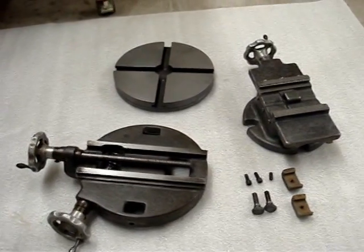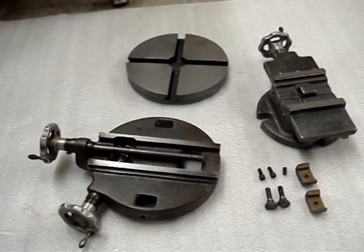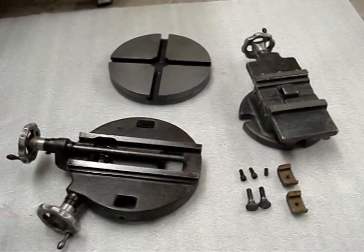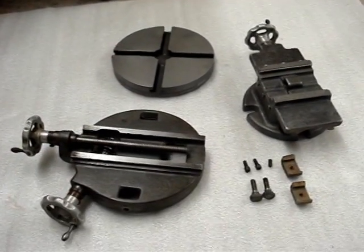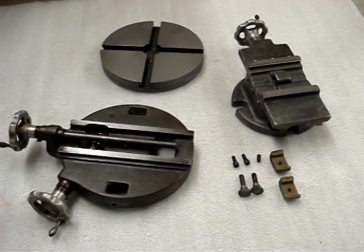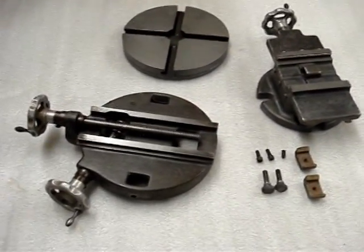Okay, I'm just out here in the garage cleaning up this 8-inch rotary XY table, and before I reassembled it, I thought I would document how it looks. I'm getting ready to list this on eBay. This is actually the table that came with my closing mill, and I ended up with two rotary tables, so